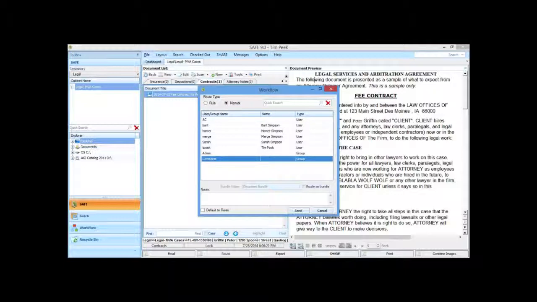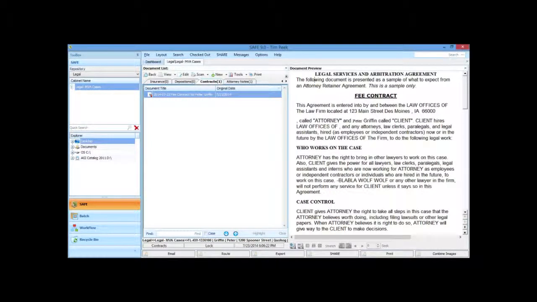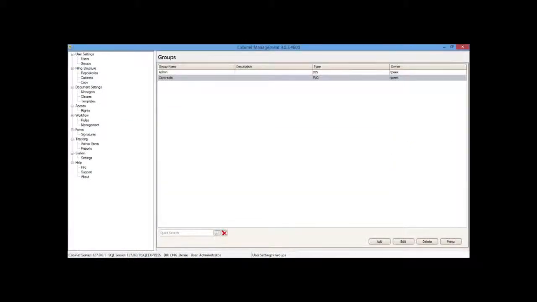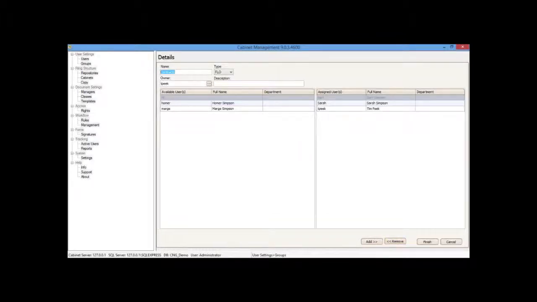This is the same manual workflow that we did when we chose a user. This time we're choosing a group called Contracts. So I'm going to click Send. Now, I want to show you in Management this contract group. You can see here's the group. We have 3 users, Bart, Sarah, and TP. All right, so let's minimize this, and let's go into each inbox